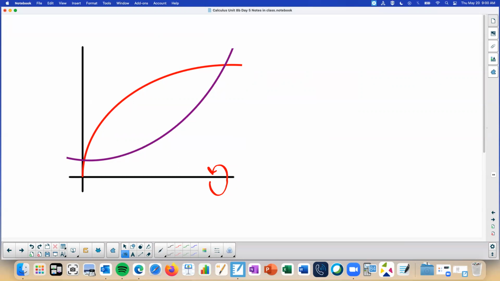Give you perspective, 3 dimensional. So if we rotate this sliver shaped thing, which was made of 2 different parabolas, if we rotate it around the x-axis,